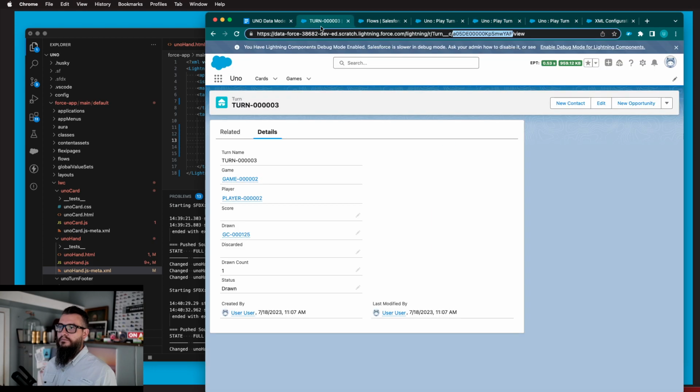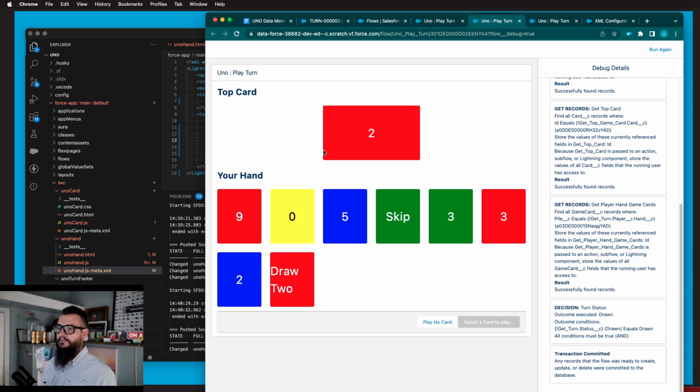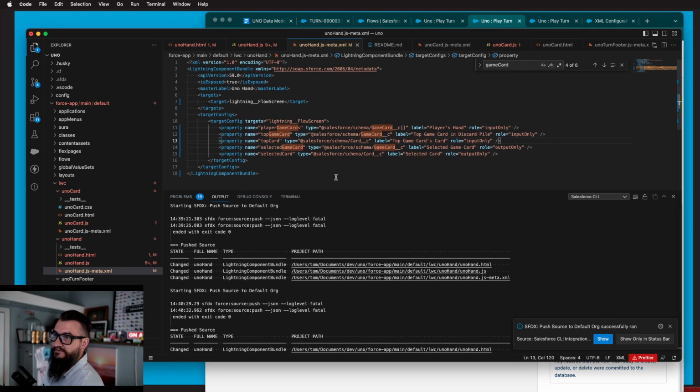Oh, need our turn again. Okay, still alive. Back to normal. Let's see. Okay, so we haven't done anything with it, but now our hand has the top game card and the top card. Right. And now we need to pass those down to our